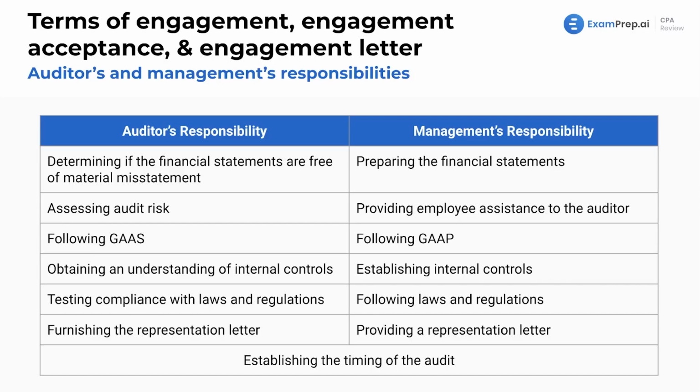So the auditor has to follow generally accepted auditing standards. That could be one they try to trip you up on the exam, is telling you that the auditor needs to follow GAAP. Nope. The financial statements are prepared in conformity with GAAP, and then the auditor uses GAAS to audit them. Again, just to reiterate that, the accounting principles are how the financial statements are prepared, and the auditing standards are how the audit is conducted.